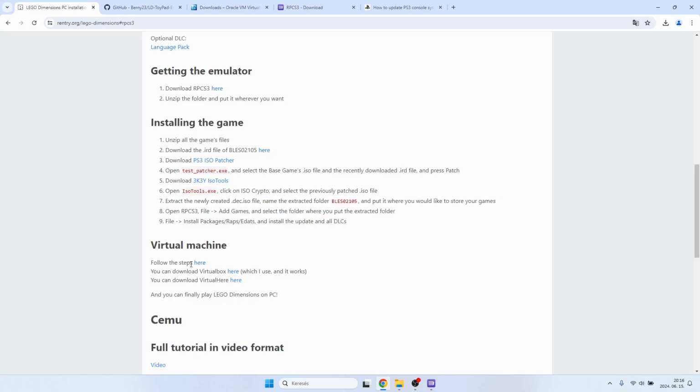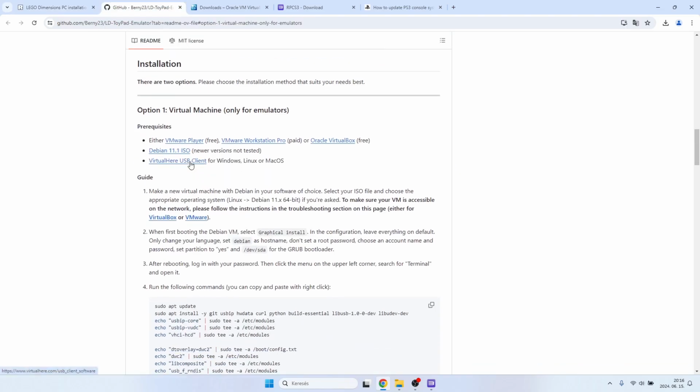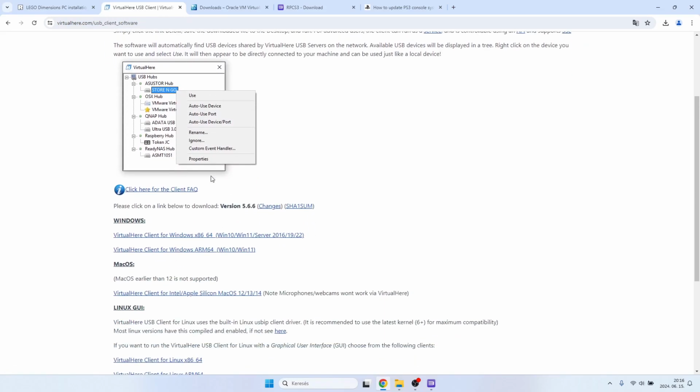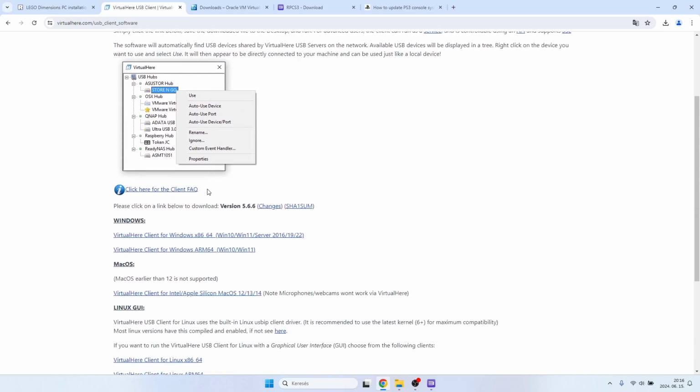and then the virtual machine. So you should also have VirtualBox here, which can be downloaded here. Which the right one is, yes, this. Should download that,